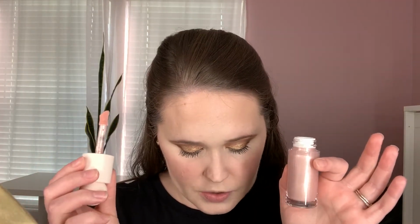The next item that we have to test out is the Positive Light Liquid Luminizer. This is a silky second skin liquid highlight that creates a lasting lit from within glow. I'm here for that. I got the shade Enchant, which is the more pinky toned one. That's really pretty. I'm excited to try this out. Same doe foot applicator. This retails for